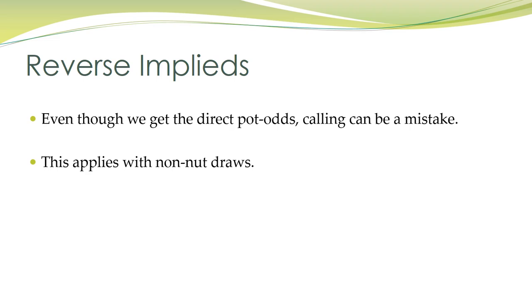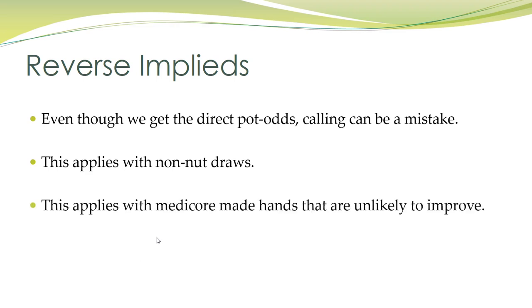Yes, if we hit a 5, we're going to have a straight. Straights are good, but obviously any 9 is going to have us beat in that situation. We don't want to be drawing to those types of hands. Most players get that. The types of hands that players don't always realize suffer from reverse implieds is made hands